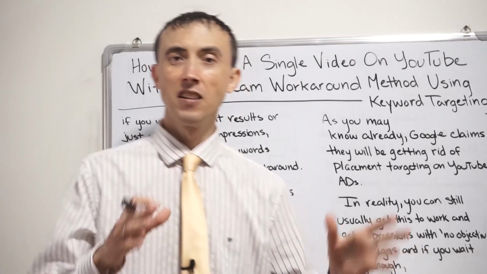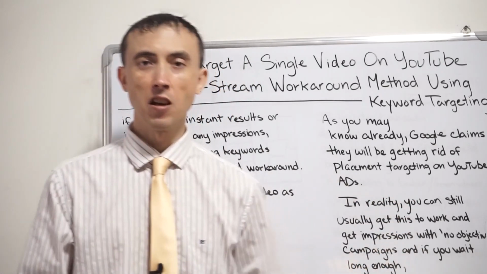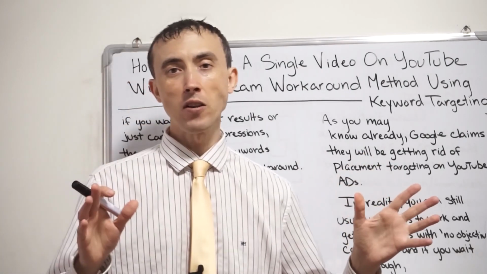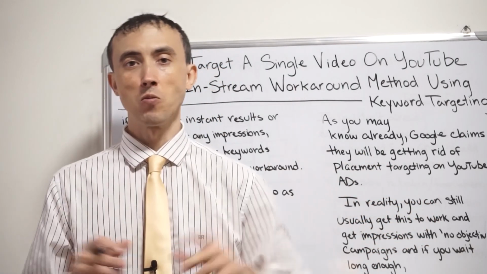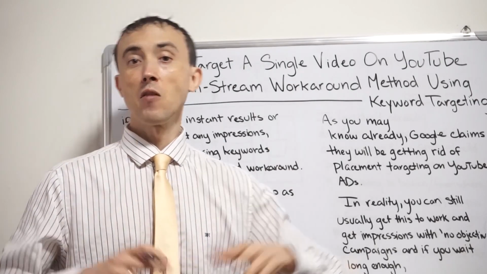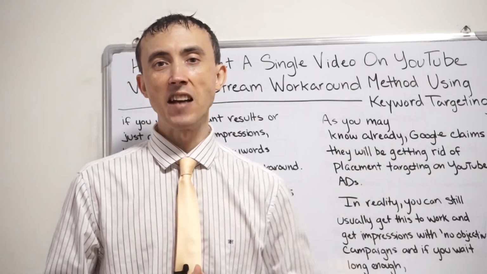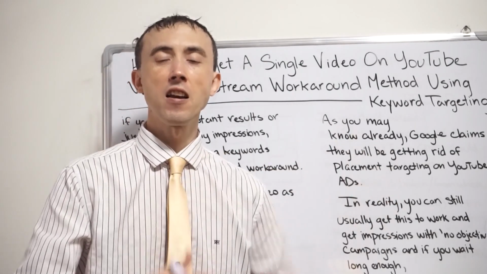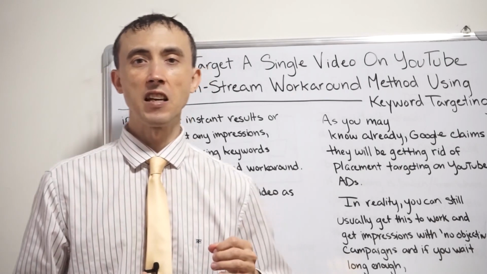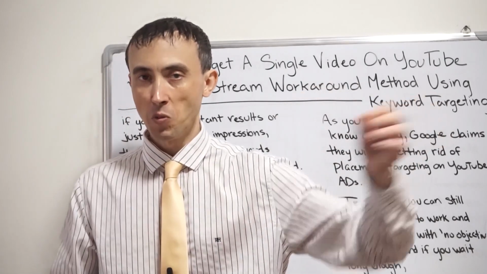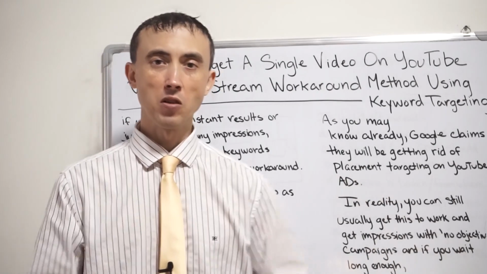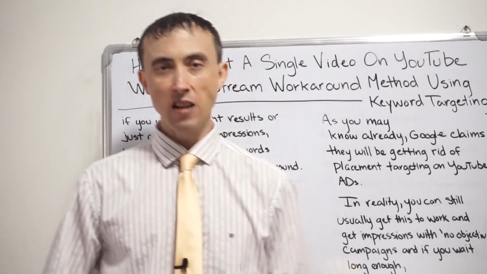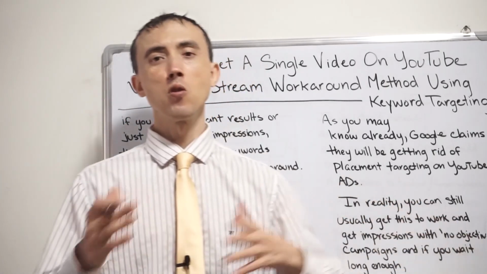As a side note, before I get into the full details on this, it's really dumb that Google's getting rid of this. And I understand why Google's doing this, making it harder to target individual videos. Of course, they want their AI to be able to... they're thinking their AI is sophisticated enough. They don't necessarily need to have you guide them specifically like that to get you customers if you have conversion tracking set up. But putting the BS aside, the end reality of this is Google don't want you to be